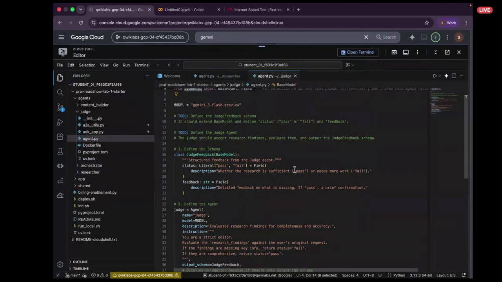which sort of means that if the judge is fine with the research, it should give a pass. But if the judge is not fine, it should return a fail. And if it returns a fail, it should also give detailed feedback on what is missing. But if it's a pass, it should just give a brief confirmation. So from the loop explanation, it is the pass that will break the loop and push it to the next flow. But if it's a fail, the